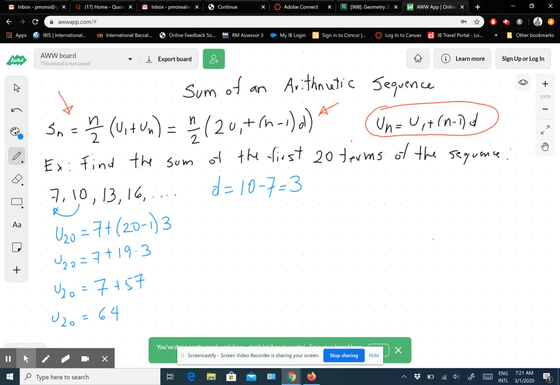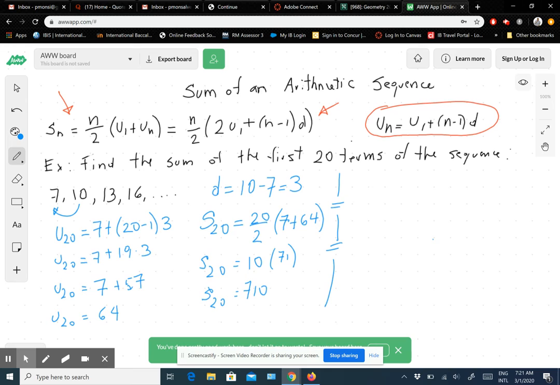So if we were to use the first formula, it would come to the following. The sum of the first 20 terms is going to be 20 divided by 2 times u sub 1, which is once again the first term, plus u sub 20, which we just found to be 64. That would be 10 times 71, which would be equal to 710,